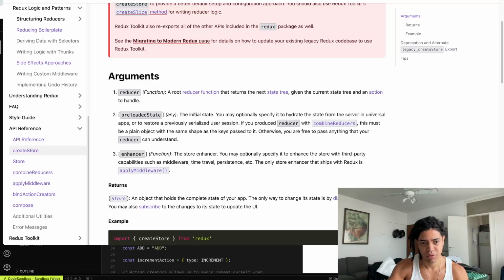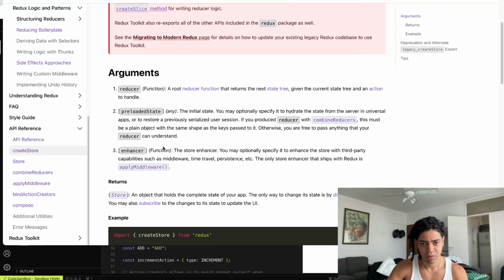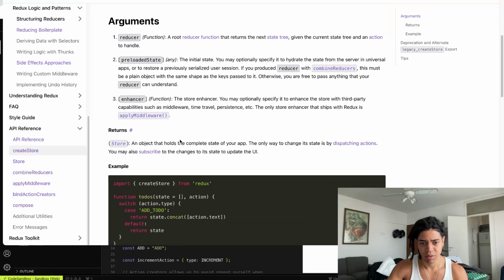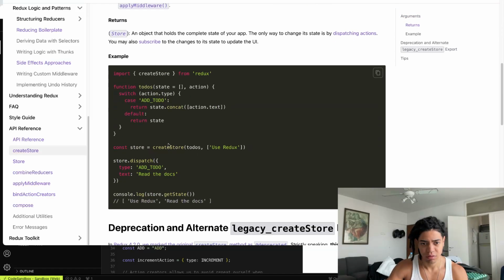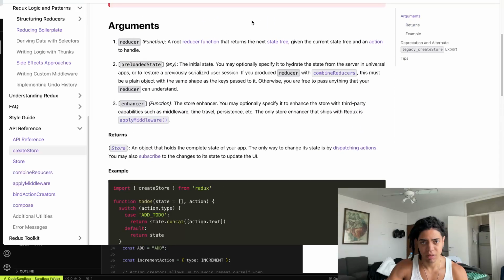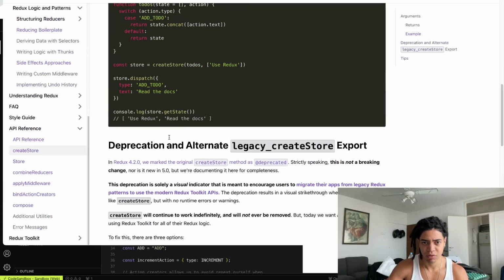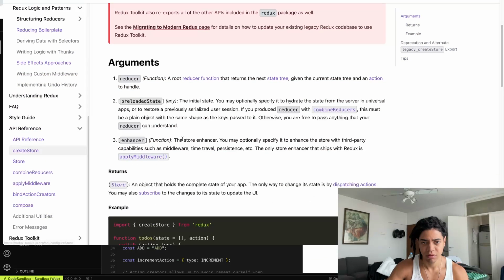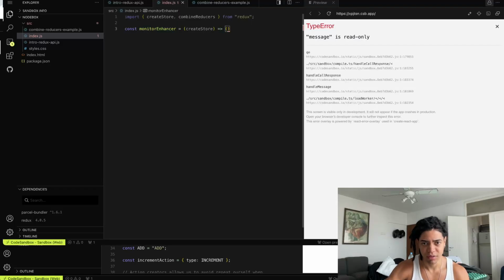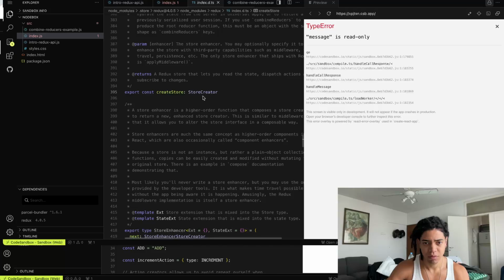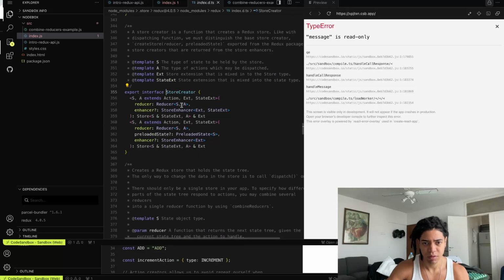reducers argument. Reducer, they can be initial state, and the enhancer. Why it makes it quite complicated to actually look at the shape of this. And now we're not going to use this, but it's important to understand where the thing is coming from. Store creator, right? Where here you're going to pass the reducer and the enhancer, or the preloaded state and the enhancer,